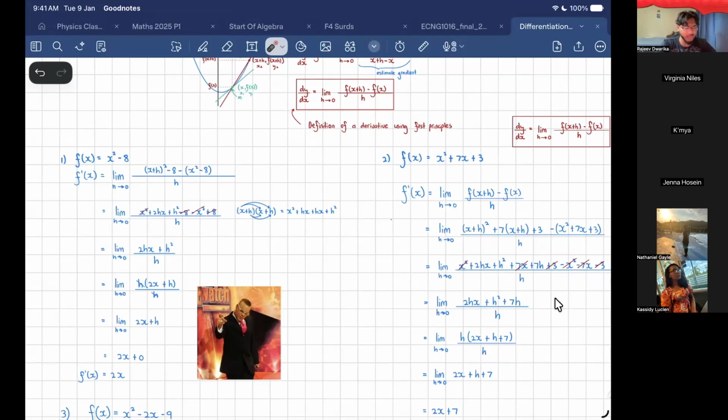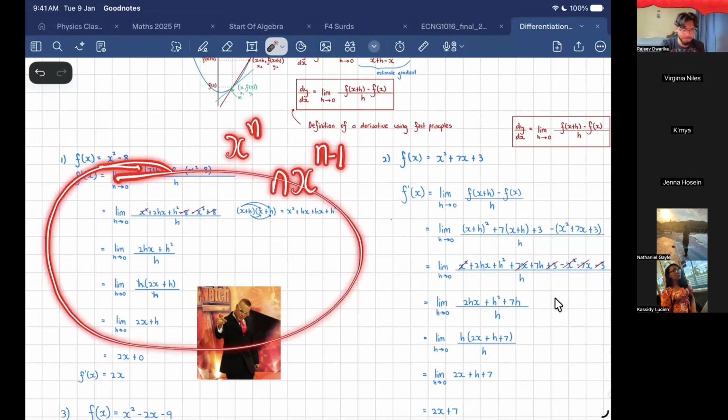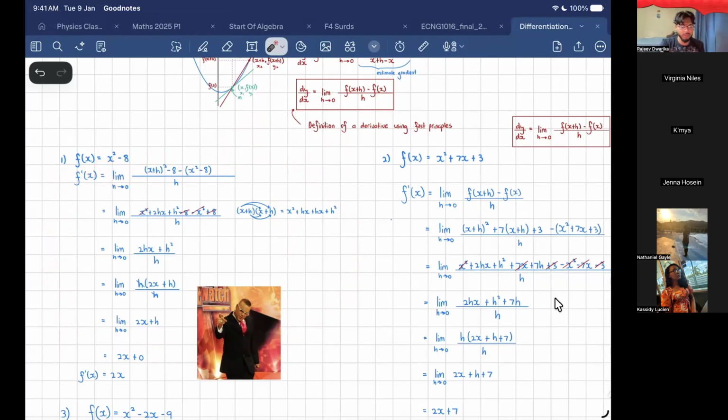What I'm trying to say is we like circumventing all of that, we just jump straight to the answer. So if you see x squared minus 8, you use your rule. If you have x to the power n and you differentiate it, that'll be nx to the power n minus 1, as opposed to doing all of this. You understand? Instead of doing first principles, since we already know how the derivative behaves, we could just use